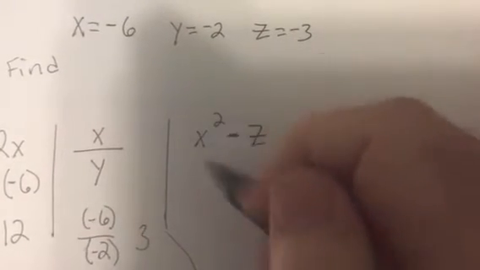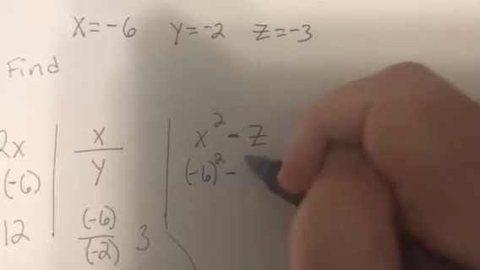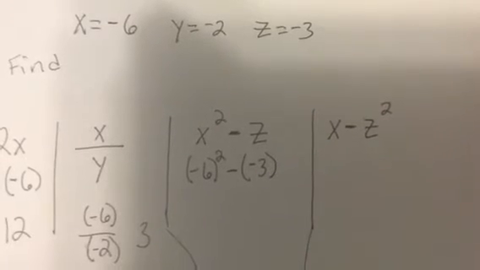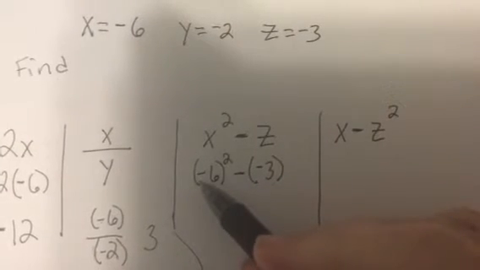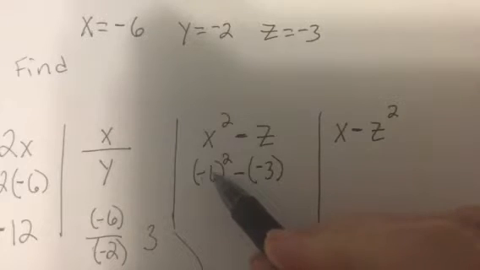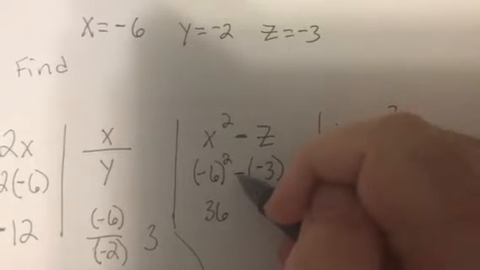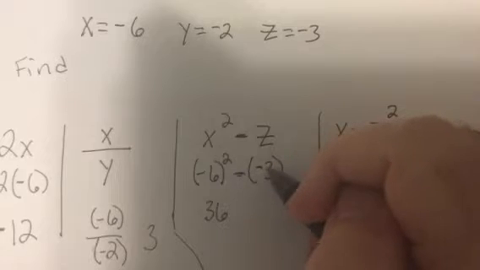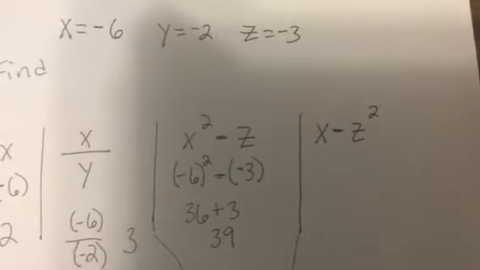So x squared, so x is -6, minus z is -3. So I did no work until I put them in parentheses for that variable. Now, since it's in parentheses, the square means what's -6 times -6. So this would be 36 minus a minus is a positive, because that means take the opposite of -3, which would be +3. Then this one,